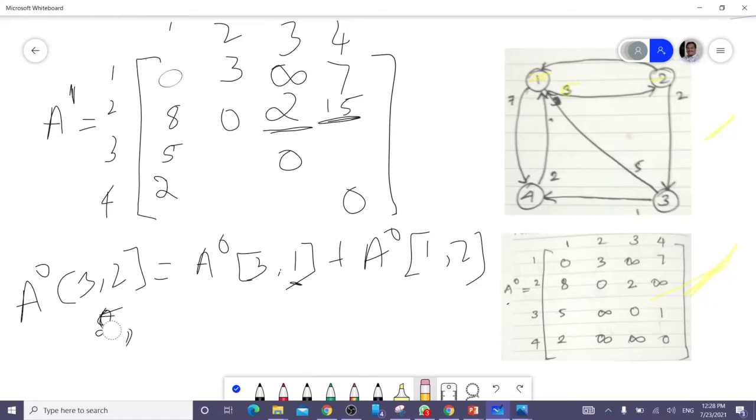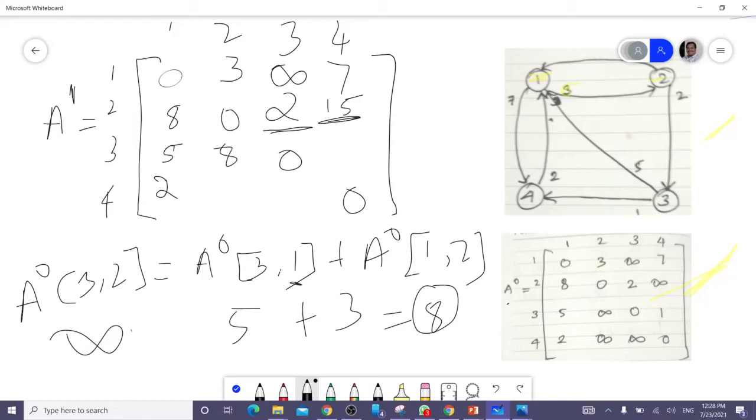A of 3 2 is infinity, and a of 3 1 is 5, plus a of 1 2 is 3. So again 8. So 8 is the smallest one. You just write 8, because between infinity and 8, you compare and store the minimum one.